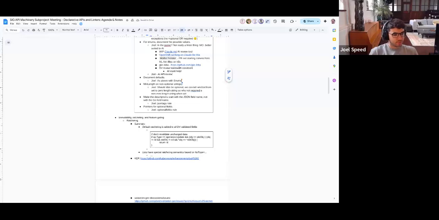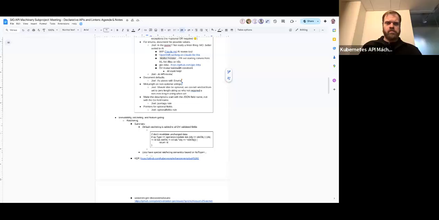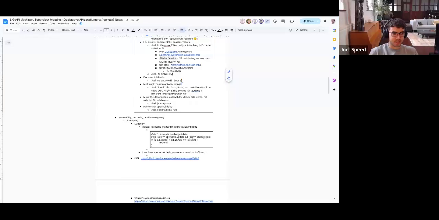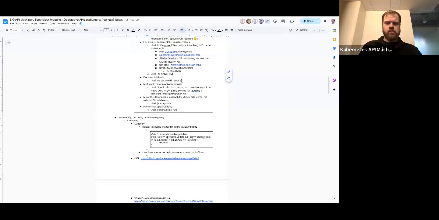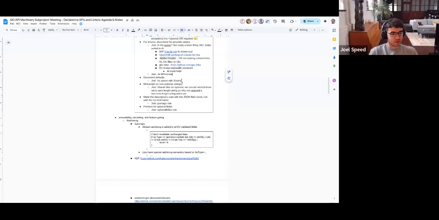I think I threw out an idea, or Joe, you and I were talking about, that maybe one day we generate the documentation for the validations. That's a possibility in the long term, but I think that's a post-DV project. So for now, focus on linting. Some of these wish list things might be harder, so we'll defer them till we've worked out how we're going to do AI things.